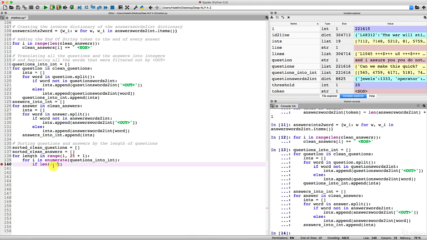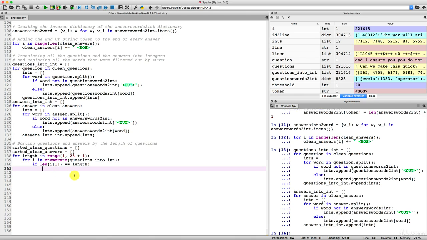So now we're checking if the length of the question itself is equal to the length of the first for loop we're dealing with right now, and that starts at 1. So if the length of the question is equal to this length, then we will have to append this question to the sorted clean questions list, because this length starts at 1, and therefore the length of the question is equal to 1, and therefore this is the shortest question.